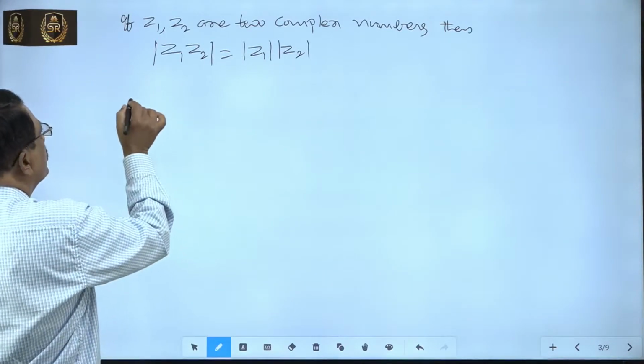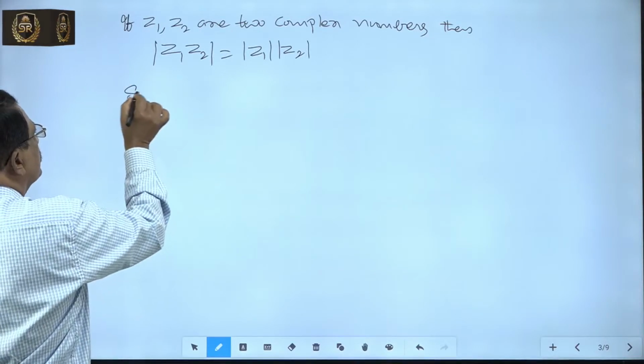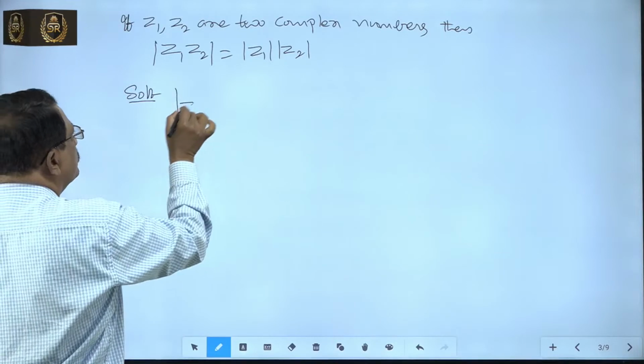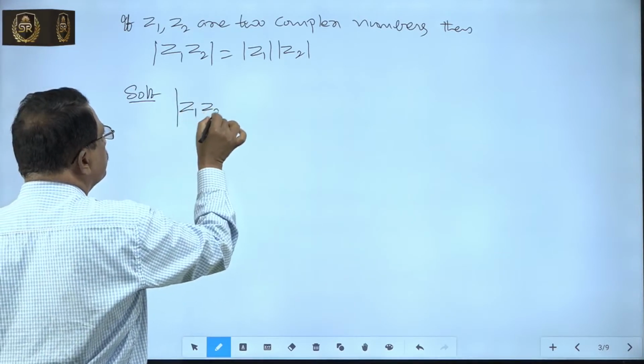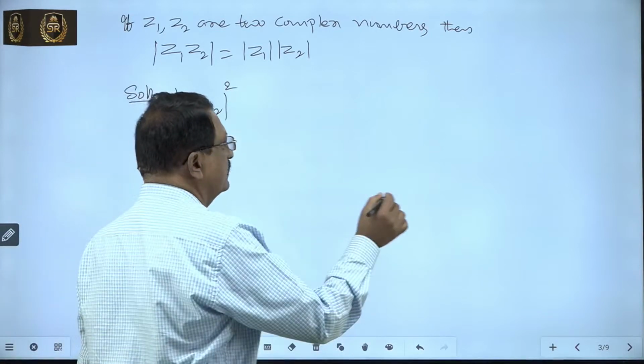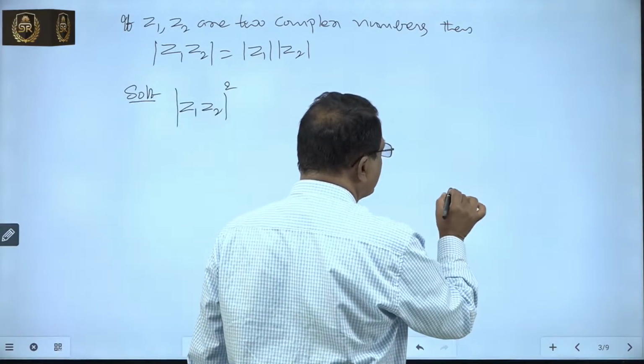Now the solution: consider mod of z1 z2 whole square. Now you know from the previous condition,